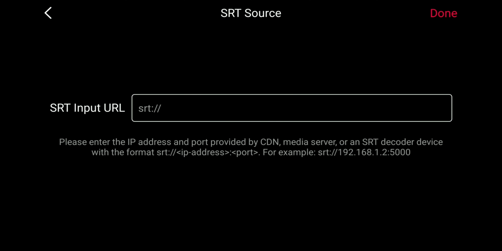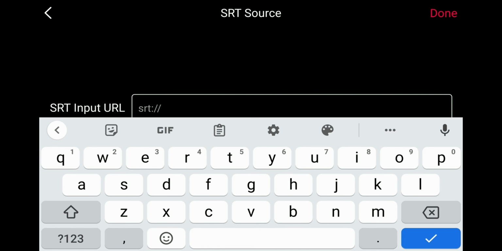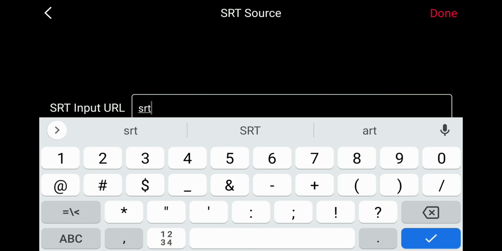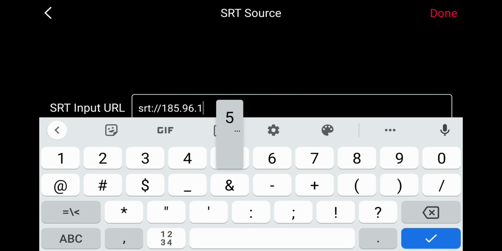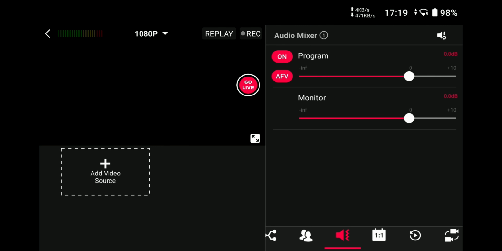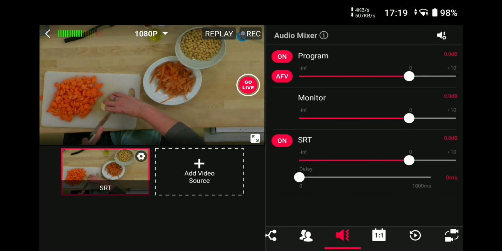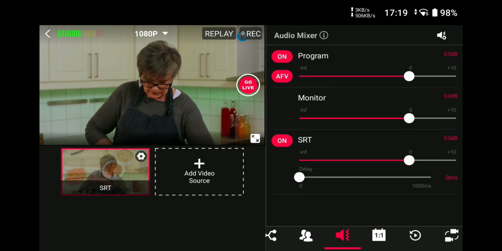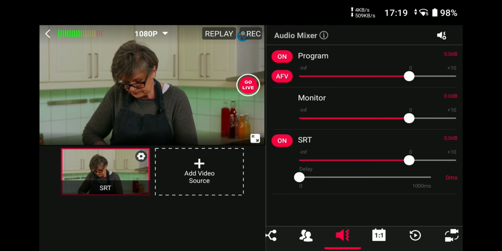And here you're going to just write in, as it says, the SRT with the slashes, SRT://, and then the IP address. Let's see if I remember it by heart. There we go, and then done. So now we're streaming straight from our playout system through our encoder into the Yolobox via an SRT signal, which